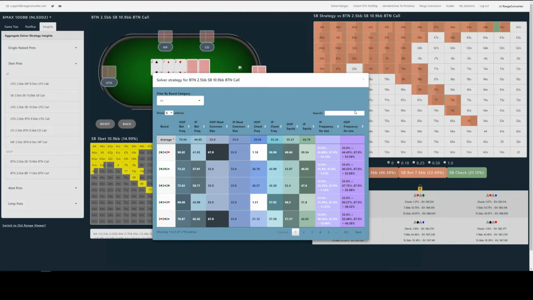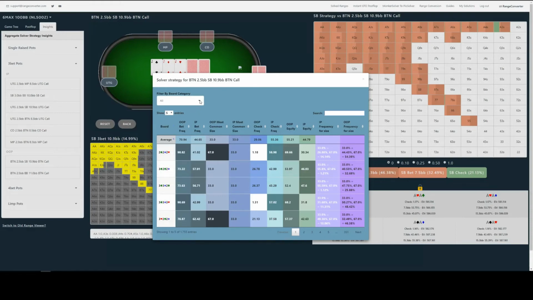board selection menu there. So we could just type in ace-10 there, and it would show us all the ace-10x flops as rows here. King-queen, show all the king-queen x flops, or specifically we could type in king-queen 4, and that would show us all 5 possible permutations of king-queen 4 suited, mono, or rainbow here.